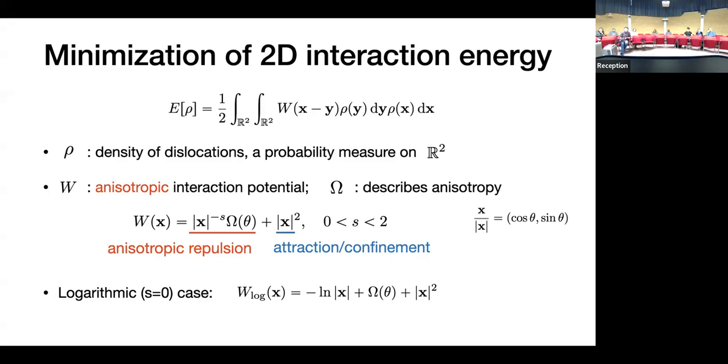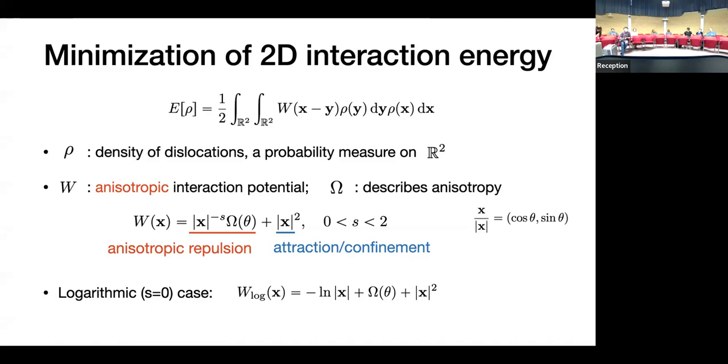And also, typically, if you want to minimize the energy and don't want everything to go to infinity, people consider a situation where you have some confining potential. In the case of quadratic confining potential, which is maybe the simplest case, it is also equivalent to a quadratic pairwise interaction. So for the sake of notational simplicity, we write it in the form of a quadratic pairwise interaction. So this is our attractive-repulsive interaction